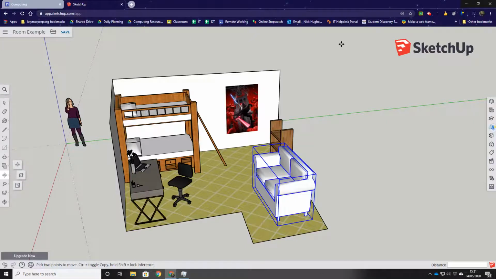Hi there, I'm just going to show you how to use the rotate tool within SketchUp. I do think this is one of the more challenging tools to use. So here we've got an object that I've added into my room and I want to be able to move